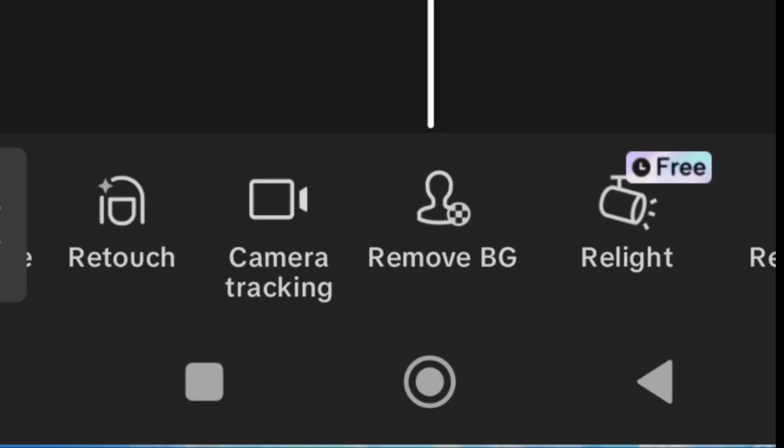So the next thing you want to do is to go to remove BG. That is if you have a picture that has a background, and maybe some things in the background that you don't want to be there, you have to go to remove BG. You scroll down and you look for remove BG. Remove BG is simply remove background. Then you can go over there and remove what you want to remove in the background of the picture,